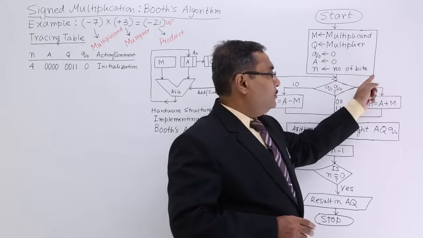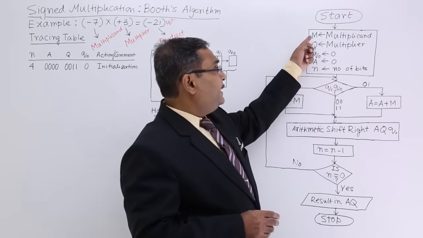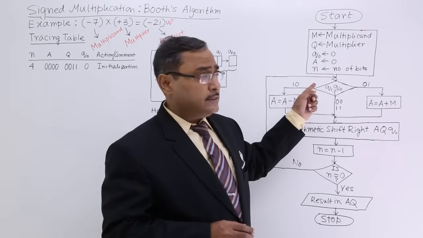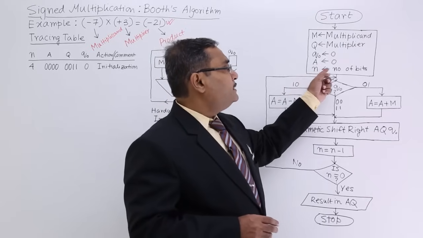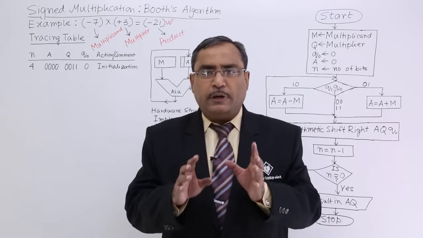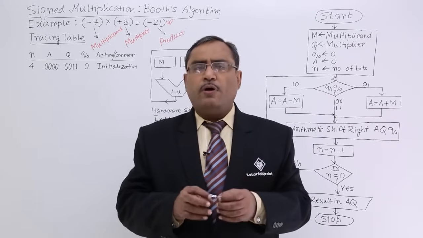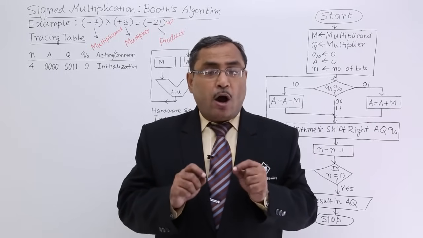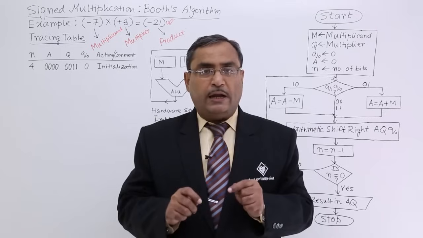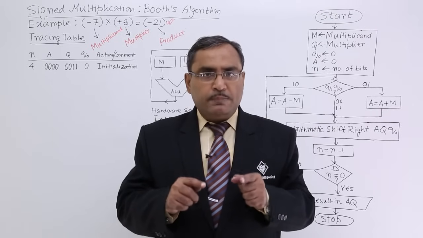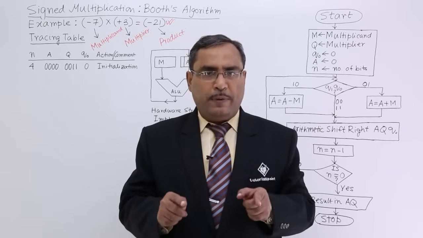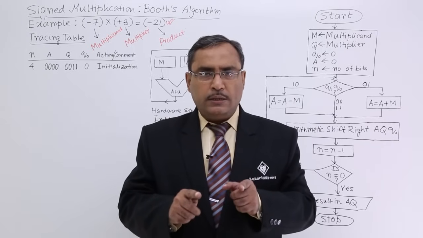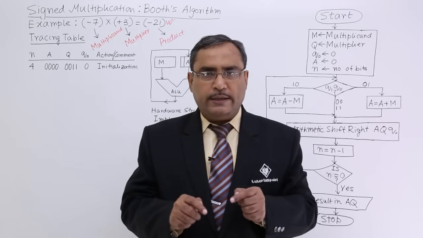This rectangular box is known as the process box. It is there for initialization of different variables and registers. So, n means the number of bits of the architecture. You can consider it as 4 or 5 or 6, whatever it is. Now, who will decide the minimum number of bits we should take? That will depend upon the numbers with which you are doing the multiplication. The magnitude of the number will be decided depending upon the number of bits you are allowing in that particular